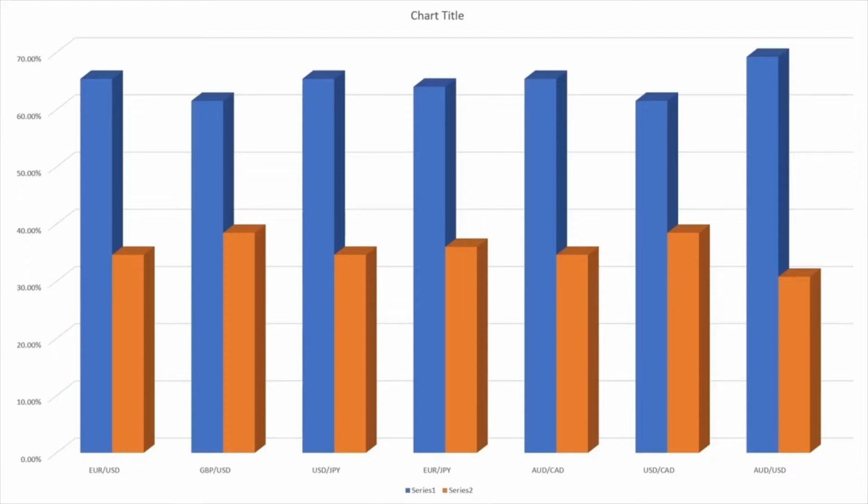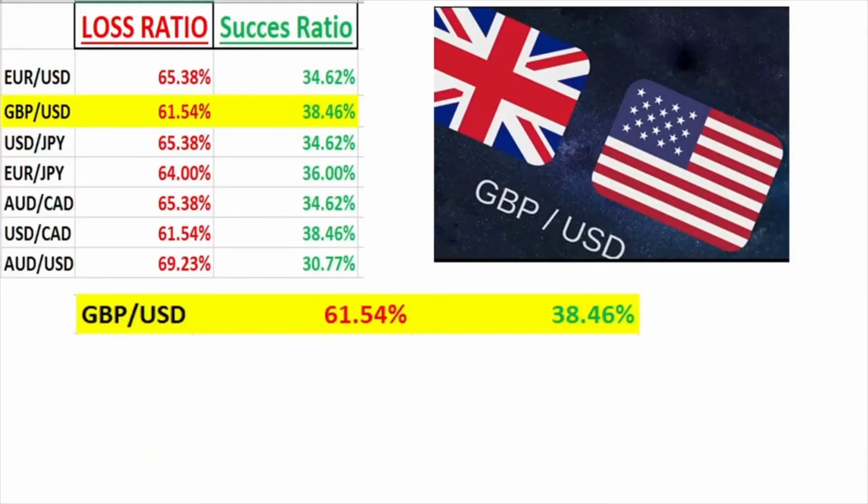Based on our trades, the most profitable pair was the GBP USD with a 38.46% success ratio. This was the pair that managed to score higher in the trading system that our fellow trader proposes. If you remember what we have already said about success ratio and so on,